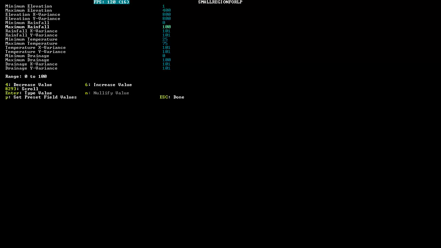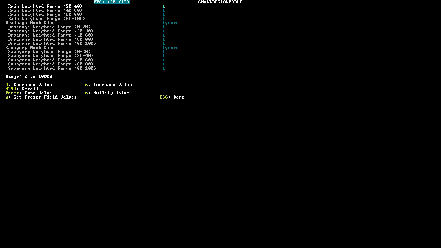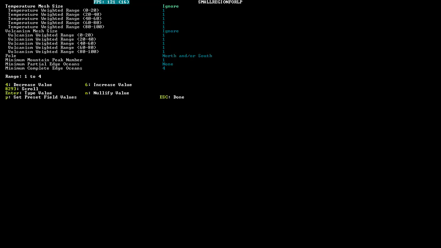Minimum, maximum elevations are fun to play with occasionally, especially if you want to deal with various just water level, like more islands or more whatever. It does some stuff, but in the end, what I'm basically going to be wanting is more volcanoes. Oh, and you can change whether North and or South Pole. North or South, none. North and or South, North, South, North and South. I'm gonna go with...